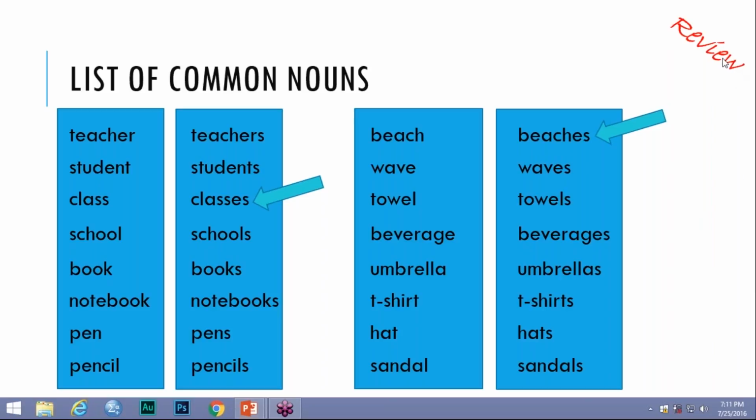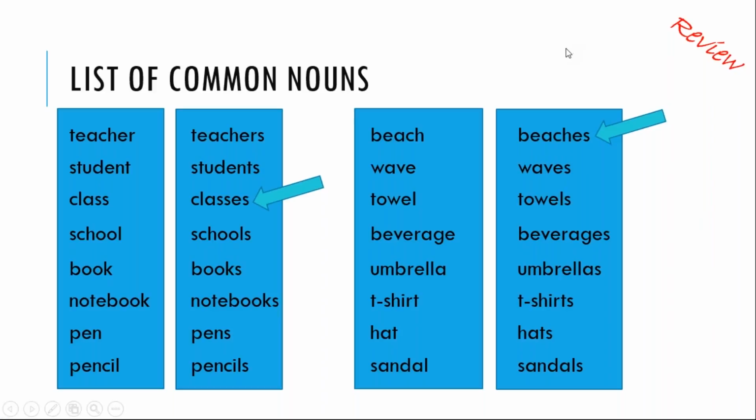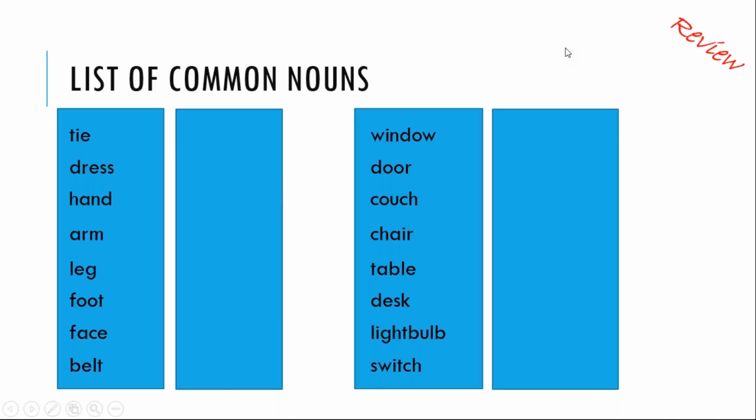Now let's move on to the next page if there are no questions. We'll move on to the next one, and here we have the next group of words. So we have tie, dress, hand, arm, leg, foot,